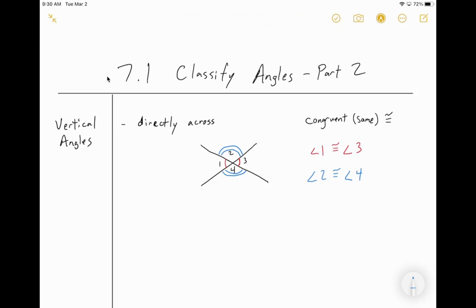That's what vertical angles are. Now, it has to be directly across. And if you make an X with your arms, you'll see that the top and the bottom angles, as you move your arms in and out, are the same. When one gets bigger, the other gets bigger with it, and the same thing with the left and the right. As one gets bigger, the other one gets bigger with it. Okay, so